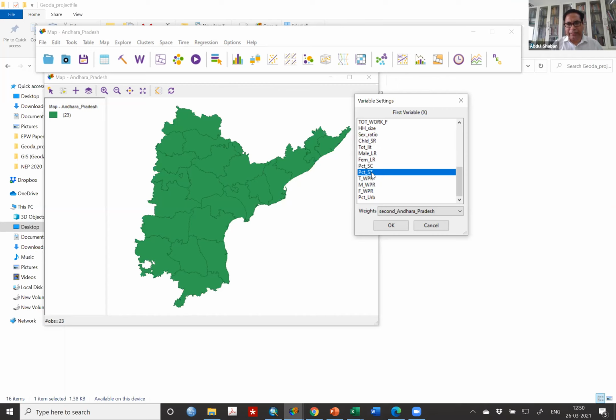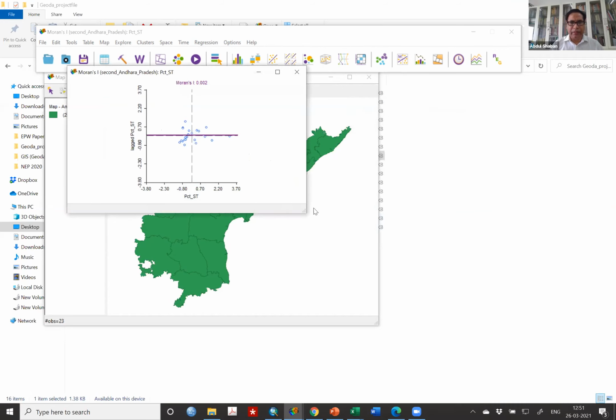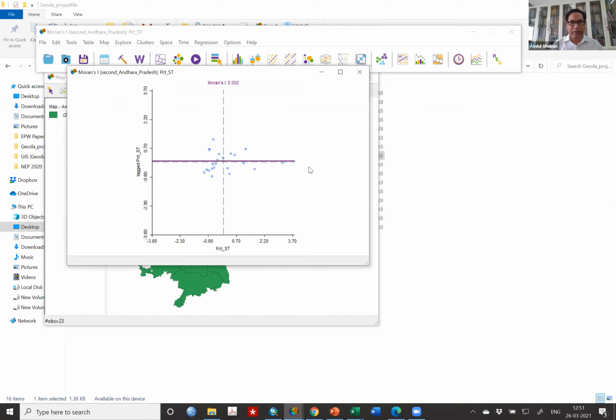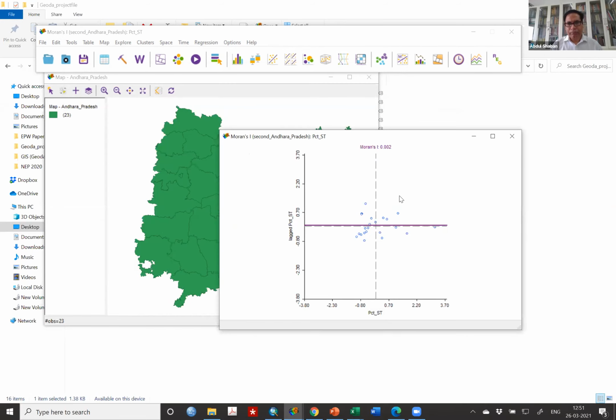This is what I am taking. I say okay, and it will ask you for the weight matrix. You specify the weight matrix here, you have to load that. And you choose percent of ST, and you say okay. Now you get this kind of data.